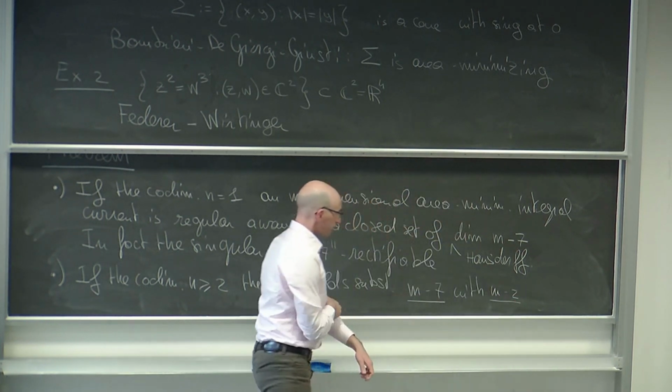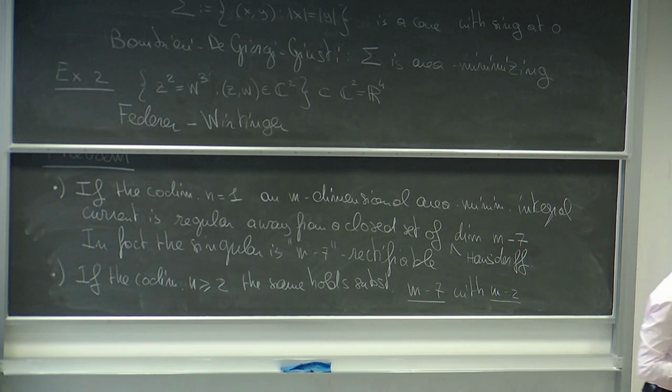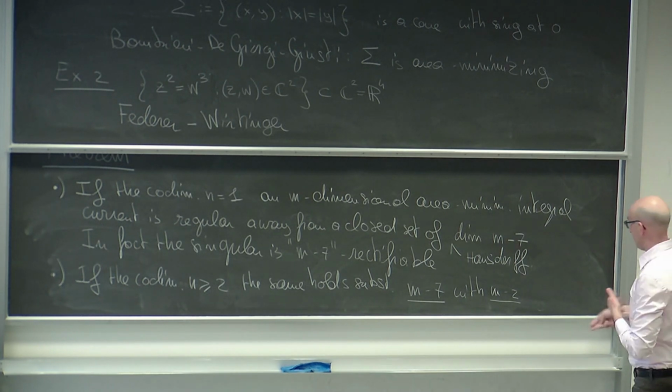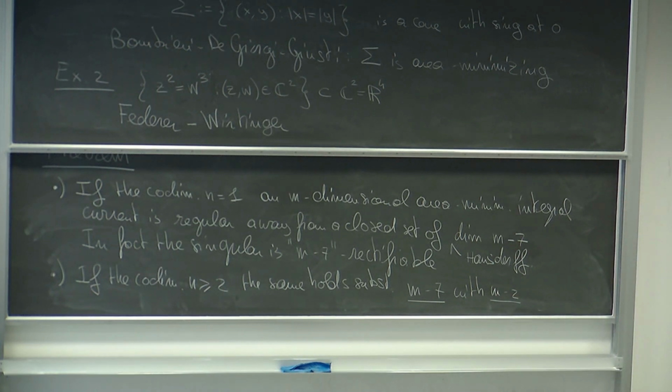In other words, if I am in the case, which is really lucky, of surfaces, I will have point singularities, and in fact, isolated point singularities. And if I am above, say for instance, if I am 3, then I have a one-dimensional set which kind of looks a little bit like a C1 submanifold, kind of. I can cover with countably many C1 surfaces.